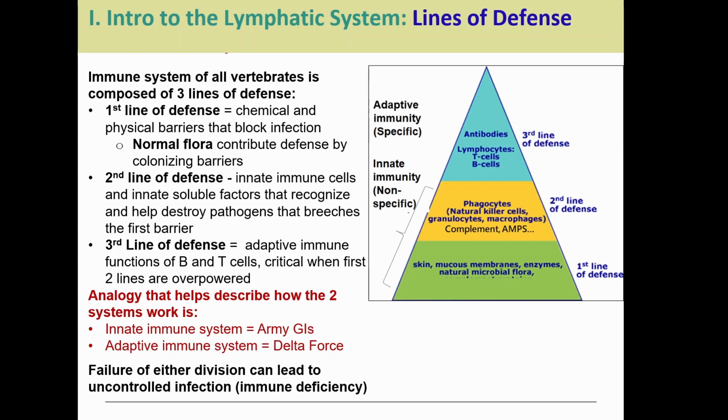So the way we can think of it is that the innate immune system is like the soldiers, the Marines, the troops that go in first. They're the ones just kind of boots on the ground fighting against any pathogen that comes across their way. Whereas the adaptive immune response is going to be like the special forces or Delta Force. They're going in with a very specific mission. They've been trained for this specific mission. They're not just going to be sitting there guarding a gate. They're going in to go after a specific target. That's how we can think of the different lines of defense.